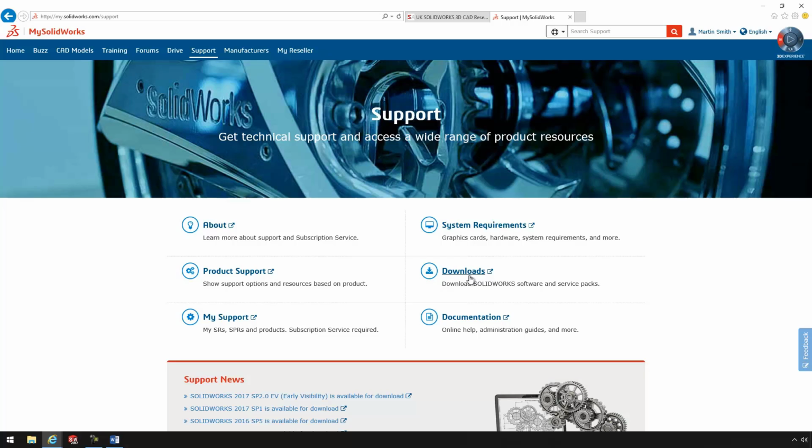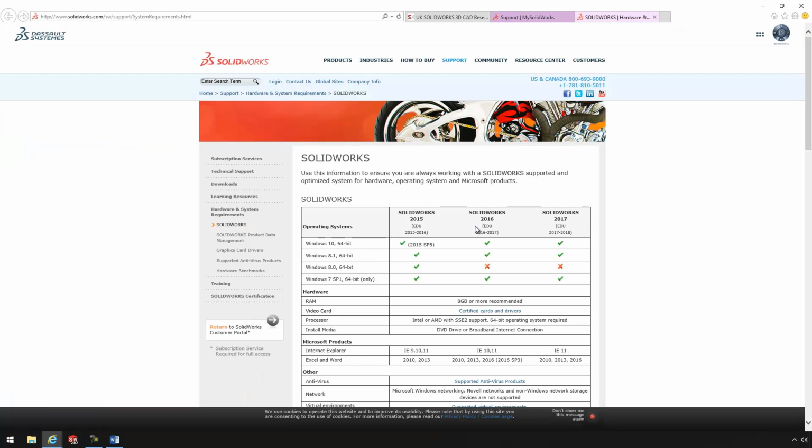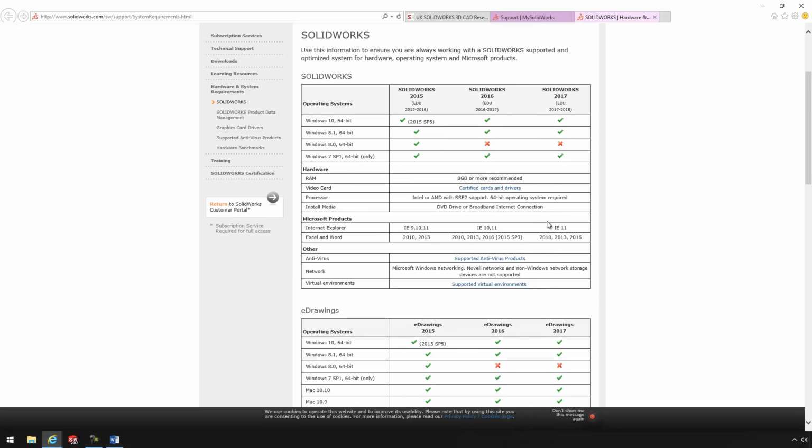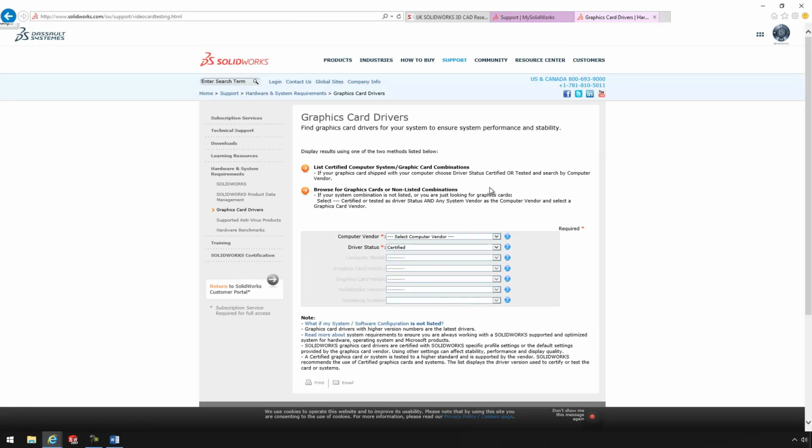So what I'll do is I will show you the system requirements page. This takes me to solidworks.com where you can see all of the requirements and what is needed to run the SolidWorks version. So as you can see, SolidWorks 2017, nice and easy view of a matrix to say that Windows 8 is not supported for it, but it was supported on 2015. The important one is graphics card and drivers. This will take you to the graphics card page where you can put in your computer vendor, you can put in what computer model and graphics card you have, and it will tell you the supported drivers that are needed